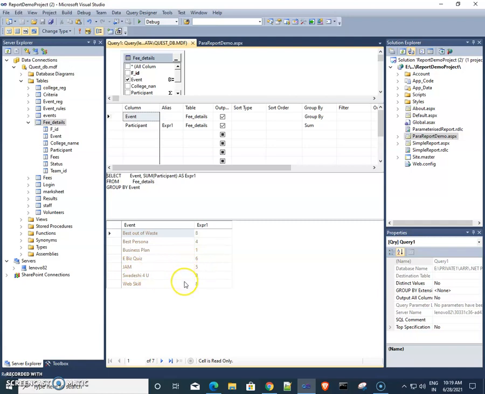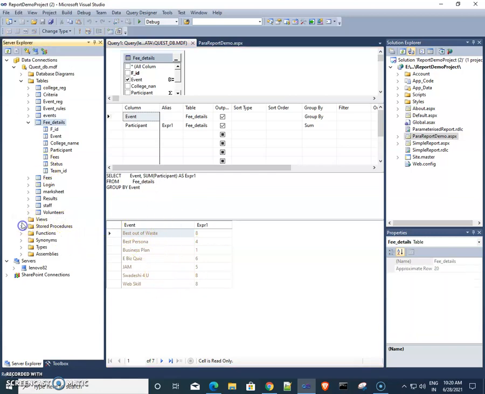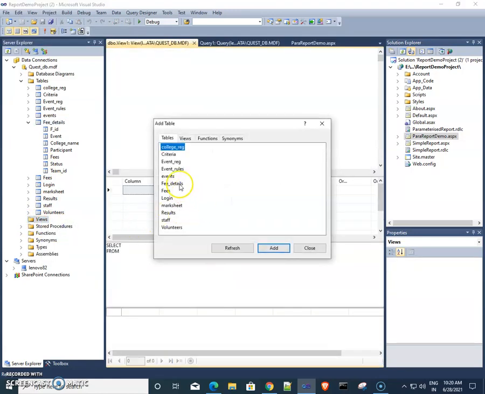So in this way we can calculate the summary of our event, or college wise we get the summary. So we create one report according to this query. So I create one view here. For simplicity, I am creating one view.